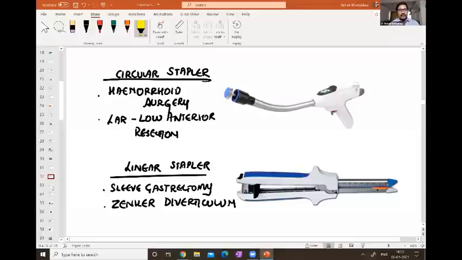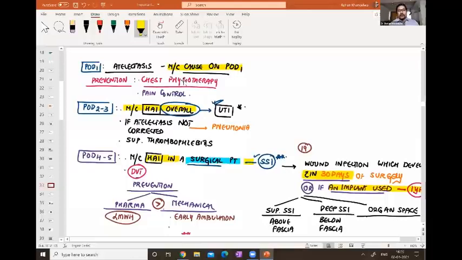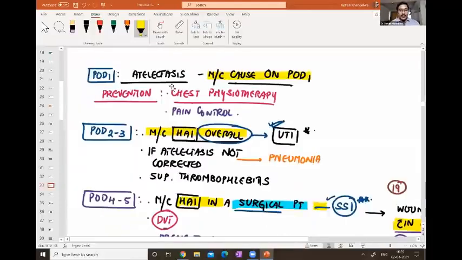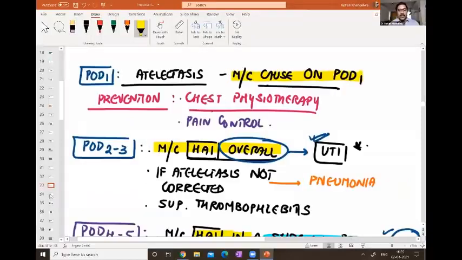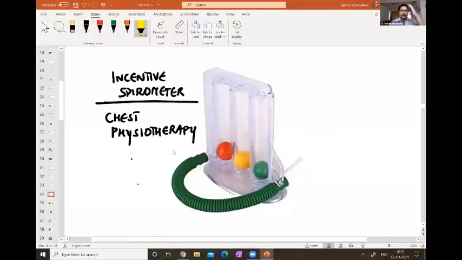Again, very important staplers. Now, the causes of postoperative fever in FMG, you can get clinical scenarios from this. On the first postoperative day, the most common cause is atelectasis. Atelectasis is collapse of the alveoli. And to correct the collapse of the alveoli, we use an incentive spirometer. This image was asked in your exam. Very important. How many of you have seen an incentive spirometer in the ward and the patient lifting these balls up? So incentive spirometer is used for chest physiotherapy, and this can prevent atelectasis. Good. A lot of you have seen it. I'm happy about that.